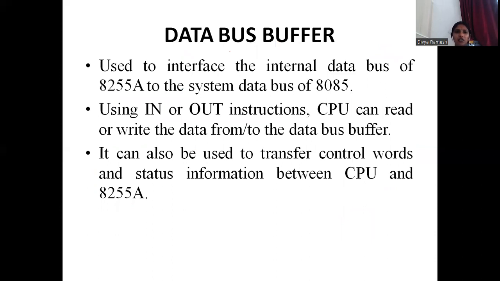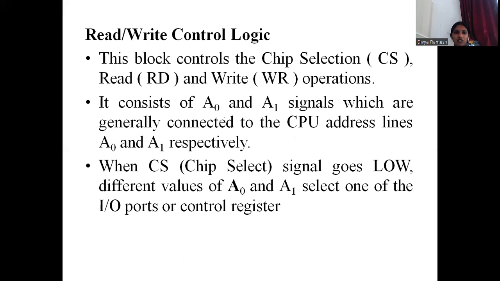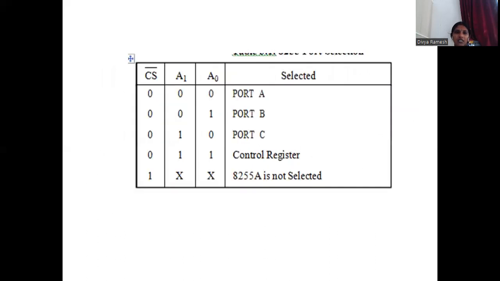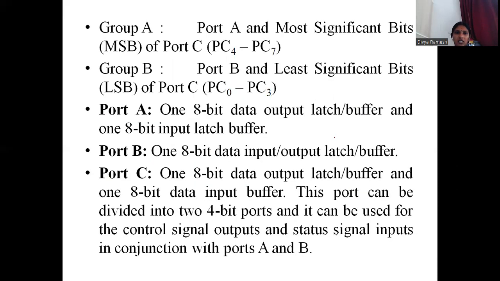So the data buffer will be used to declare whether the data will be taken as input or output. Next one is the read write control logic. As I said earlier, which port is to be selected depends upon these control signals A0, A1, and chip select. Okay. So next one is your